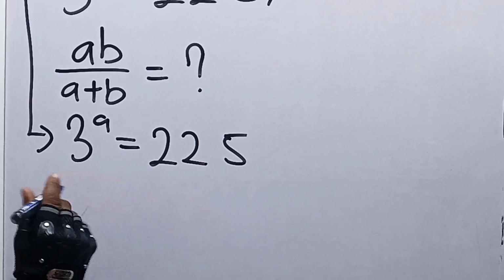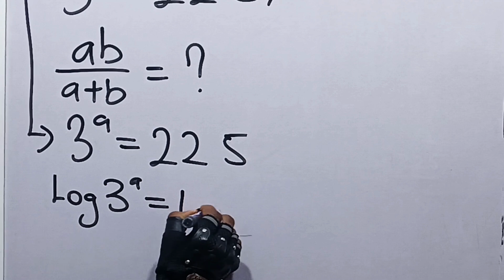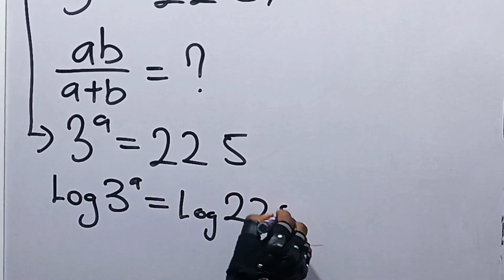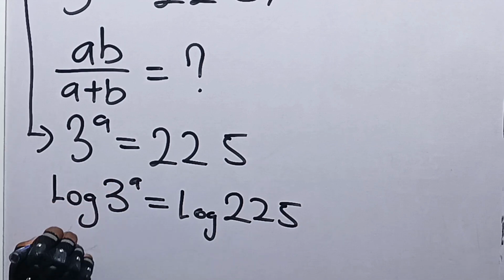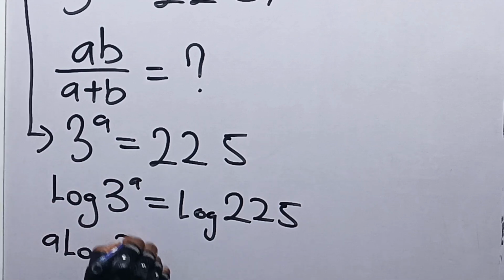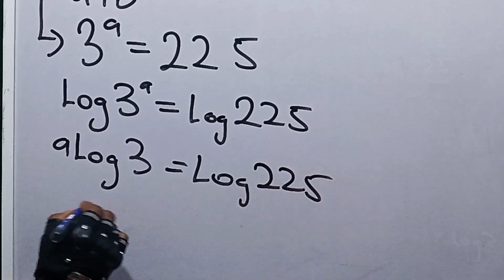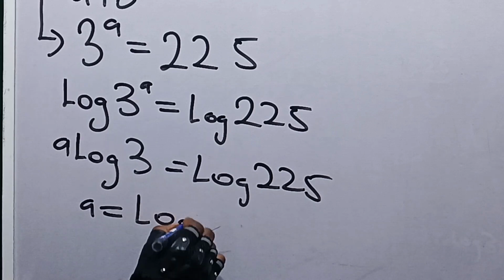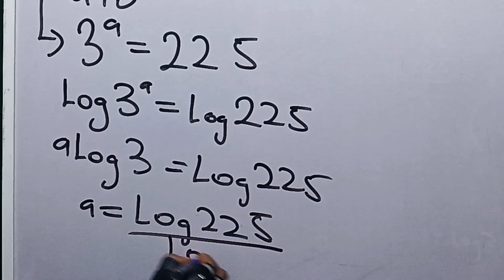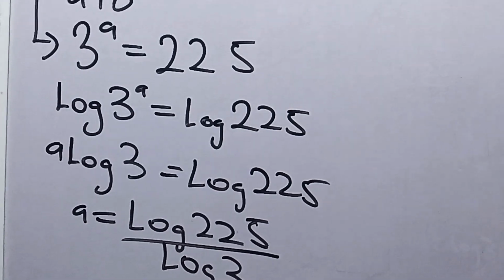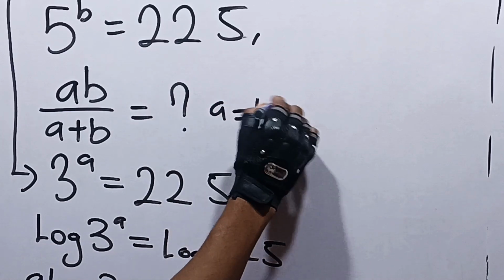If you take the logarithm of both sides, we have the logarithm of 3 raised to the power a is equal to the logarithm of 225. Now, this can be written as a multiplied by the logarithm of 3 is equal to the logarithm of 225. Hence, our a is equal to log of 225 divided by log of 3. So let's write this here, that a is equal to log 225